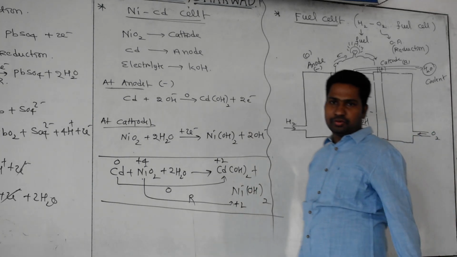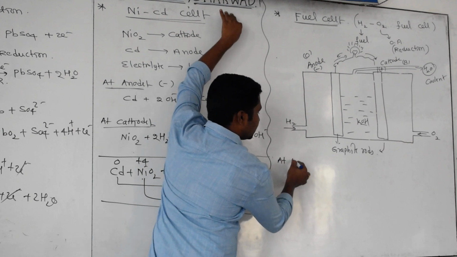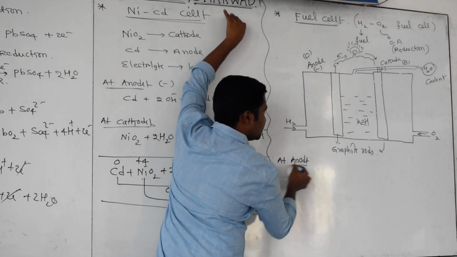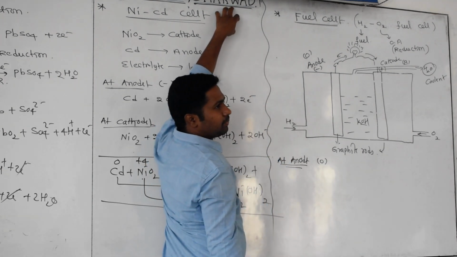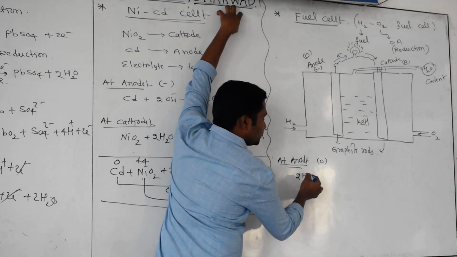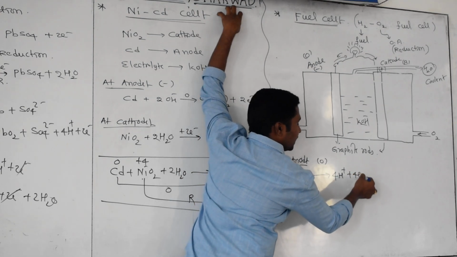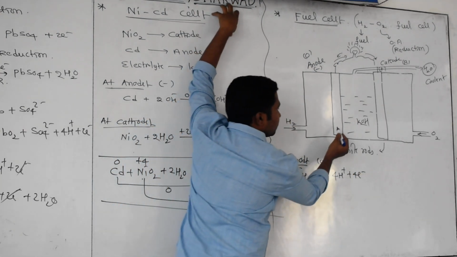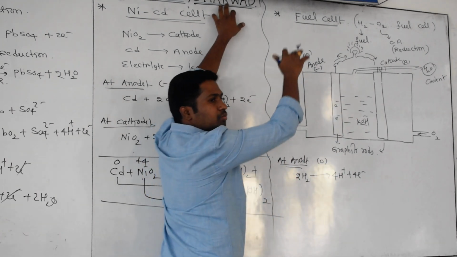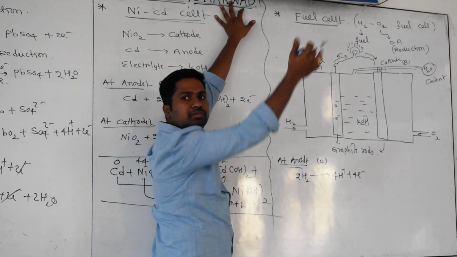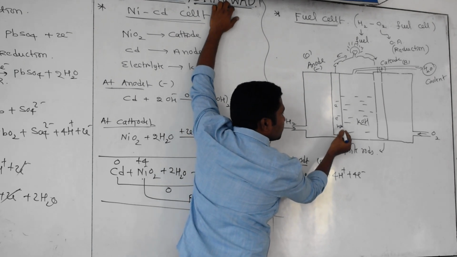Now, how can we produce this? Did you understand the concept? Now I will explain. At the anode. Anode means which rod? The graphite rod which is in contact with hydrogen gas. So at the anode, oxidation is happening. If you take two H2 molecules, they become 4H+ plus 4 electrons. Electrons will be produced here. They stick on this rod, and it automatically becomes negatively charged, and they start moving towards the cathode. That moving electron is nothing but current.